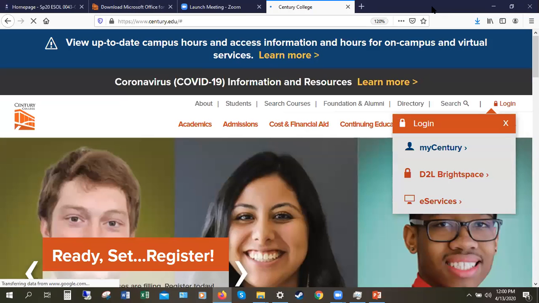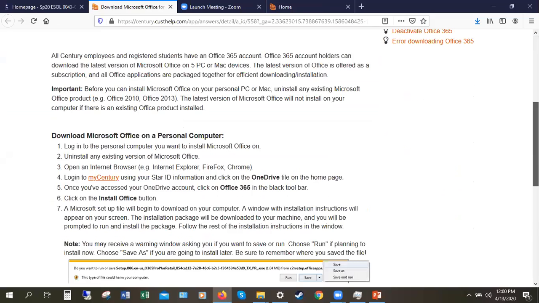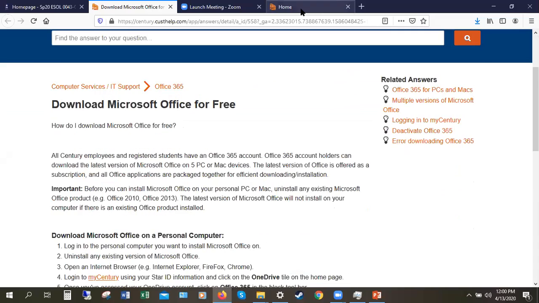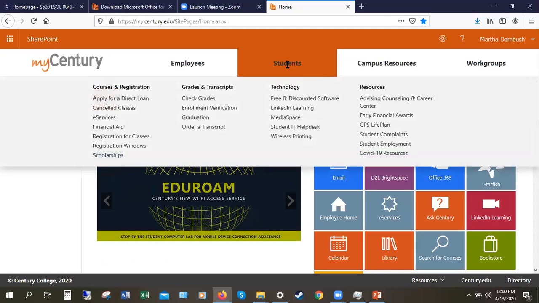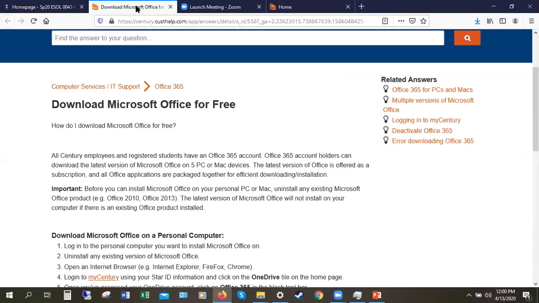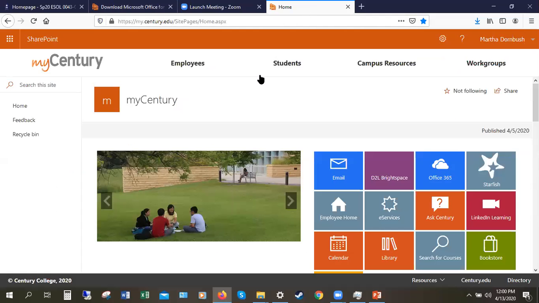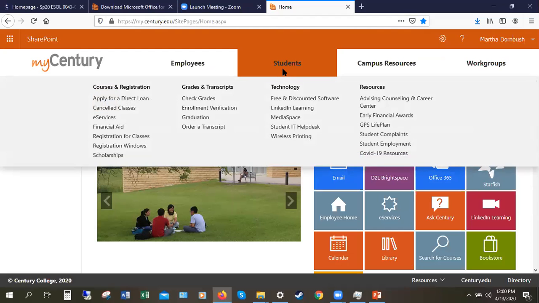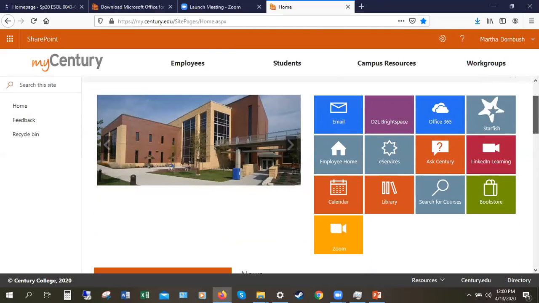Well, it's telling me my computer connection is unstable, so there's a chance I might drop you for a second. Let me see what it says here while this is opening. Oh, here it is for students. Once you've accessed your OneDrive account. I don't think I'm looking at the same thing that you're looking at when you get in, because I have employee stuff. Oh, it's this one. This is your OneDrive Office account. So I think if you go in here,